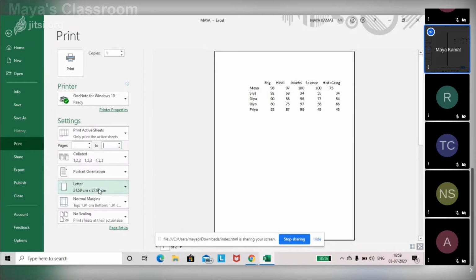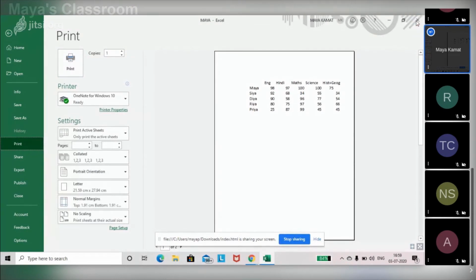Just make sure over here in the options, it shows portrait is vertical, landscape is horizontal. The placement of the paper, if it is placed vertically, it is portrait. If it is placed horizontally, it is landscape. Once you are done with it, just go ahead and click on the final print button on top.